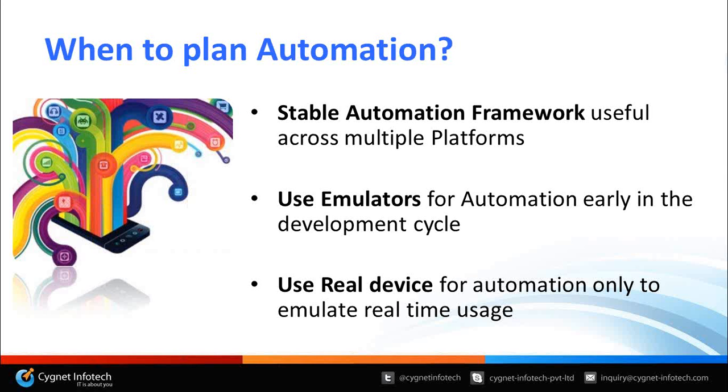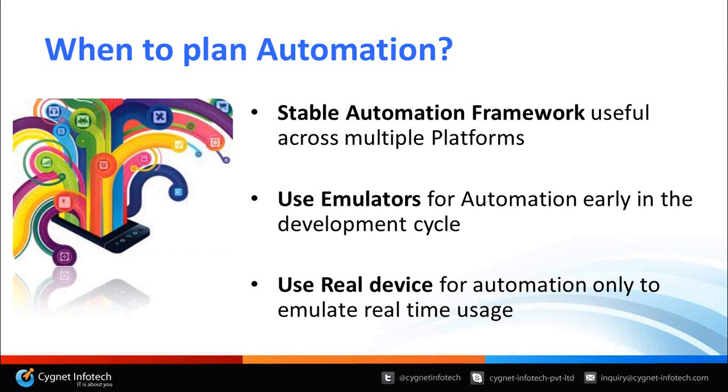One of the first things that we could do is develop an automation framework which is very useful across multiple platforms, which would be stable based on the application. Like if you are developing an application based on iOS, and if your automation framework is stable, you should be able to use the same framework when you port over your application to an Android device, and you won't have to make a lot of changes to your test scripts, and your test scripts will be ready to be tested within a limited amount of time. So that is the first thing that we need to come up with when talking about our automation strategy,